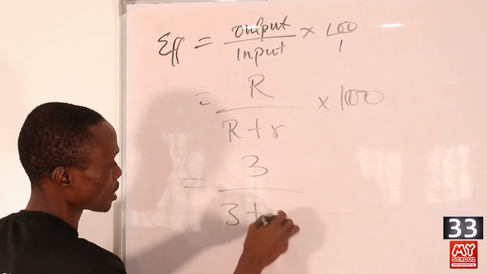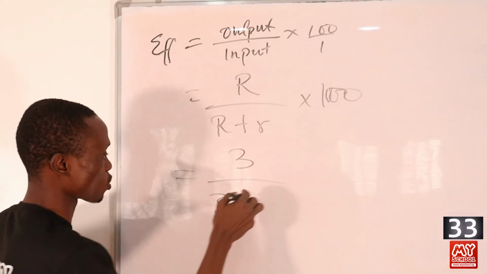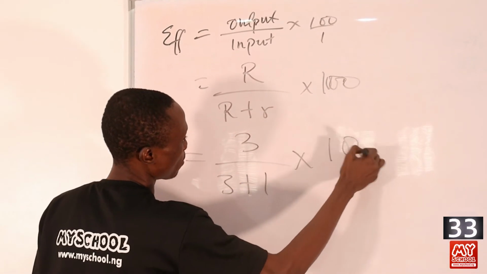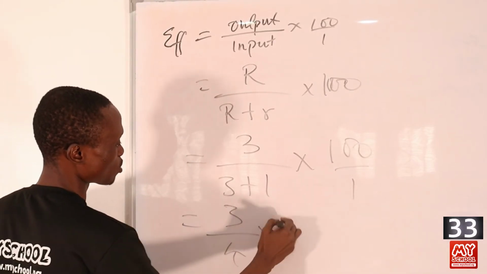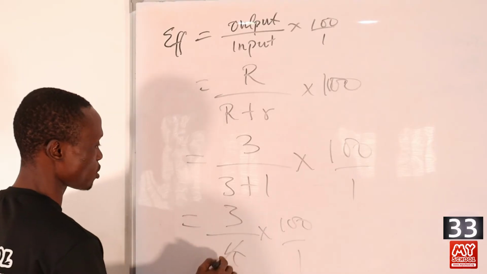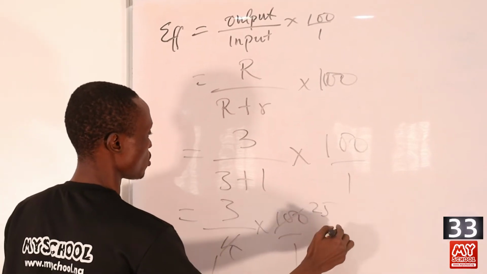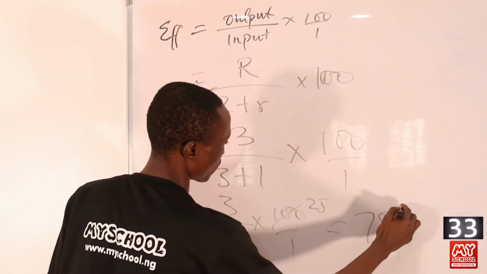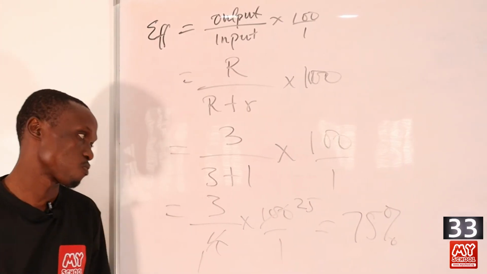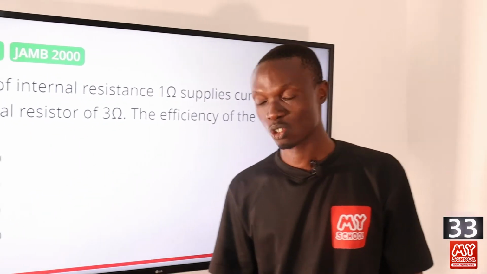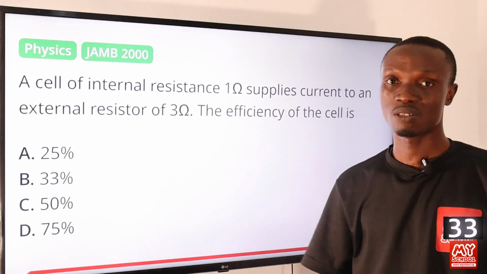That is given to us to be equal to 3 ohm. So 3 ohm plus the internal resistor, which was given to us to be equal to 1. This will be multiplied by 100. So here we'll be having 3 over 4 times 100 over 1. So 4 here is 1, 4 here is 25. So 3 times 25 equals 75%. So the efficiency of the cell is 75%. So let's return back to the screen to pick the correct option to this question, and that is option D,